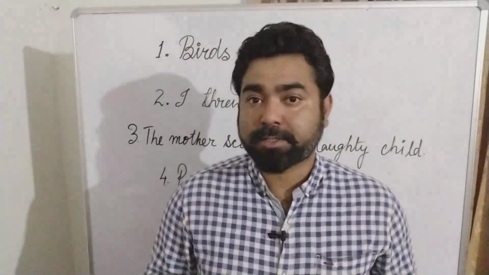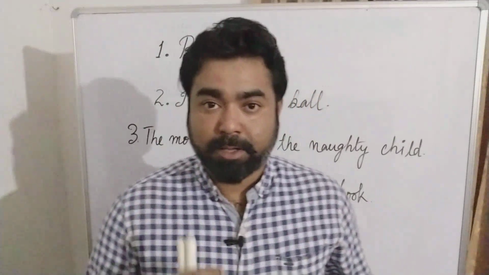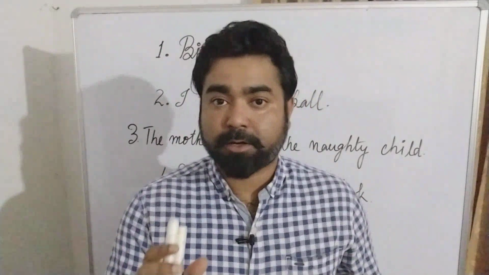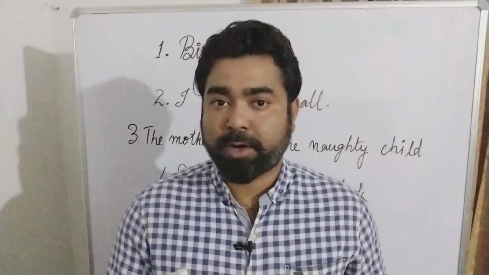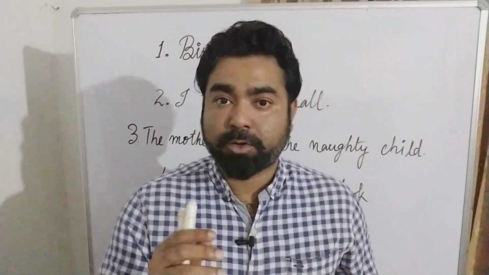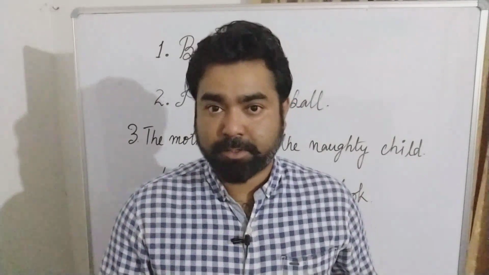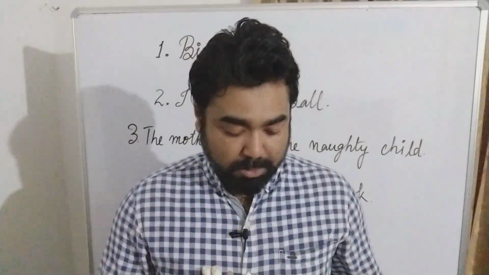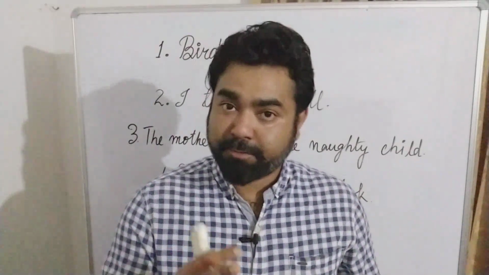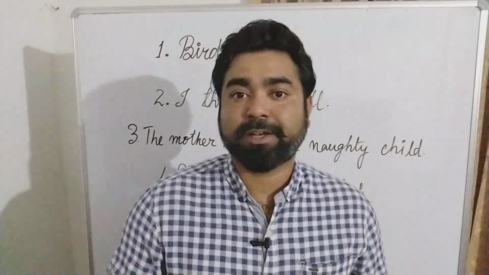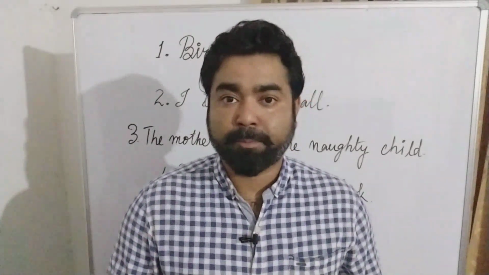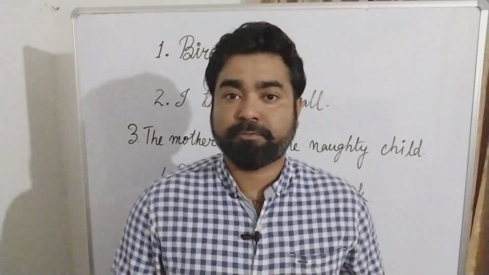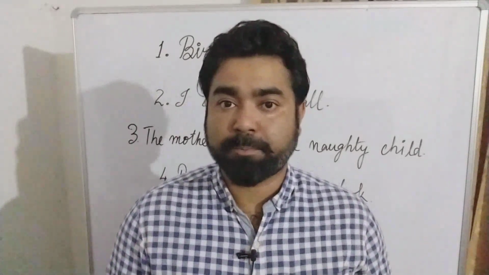Now which type of sentences will have object? Since I already mentioned in the definition that verbs and objects go hand in hand, right? Only a verb can have an object to help complete the meaning of the sentence. So if we classify verbs into transitive and intransitive verbs, then we have to remember that only transitive verbs can take objects, and intransitive verbs do not require objects to complete the meaning of the sentence.